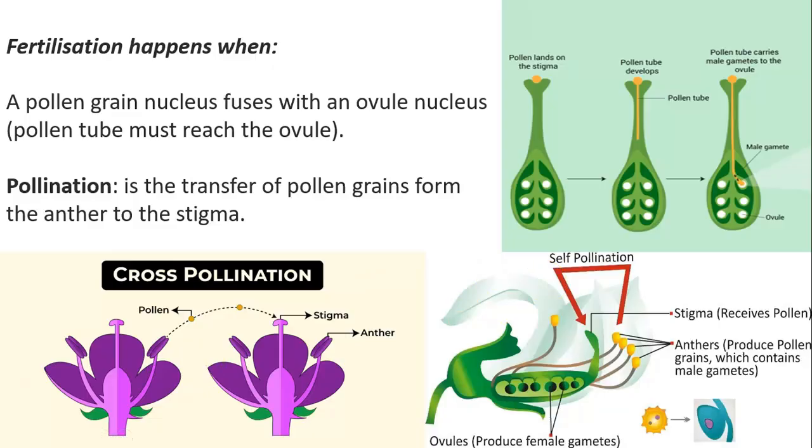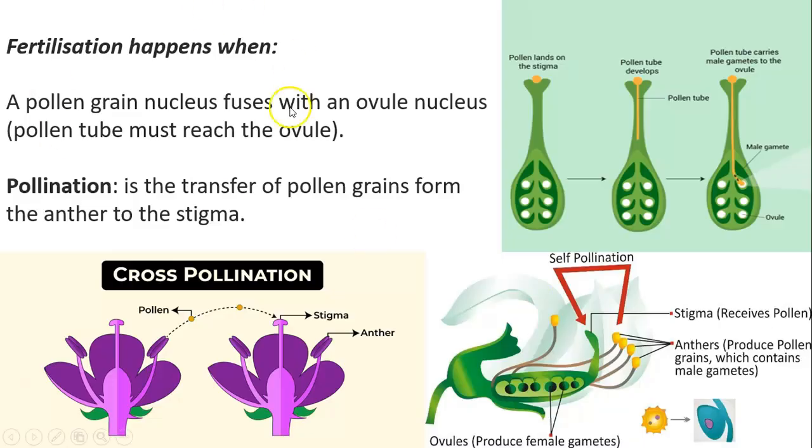And it can be self-pollination if both male and female parts belong to the same flower. So if the flower contains both male and female parts, sometimes it will be self-pollinated and sometimes it will be cross-pollinated. If the pollen travels from the same flower's anther to the same flower's stigma, this is self-pollination. But if it travels from the anther of one flower to the stigma of another flower on another plant,